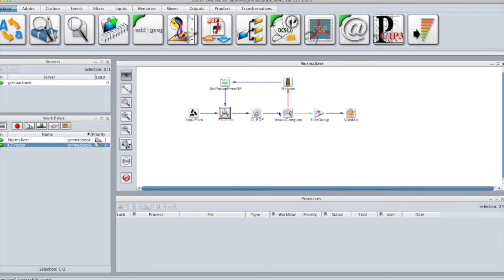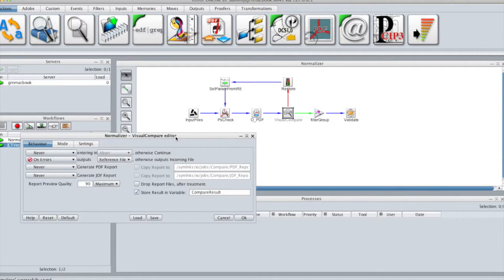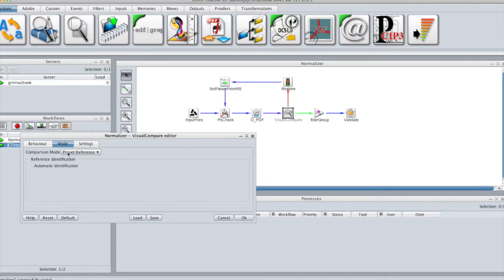The PSCheck and the OPDF tool here will normalize the file, and just right after that, the Visual Compare will check if the result looks the same as the original. In order to do that, we will choose the comparison mode preset reference here in the Visual Compare.